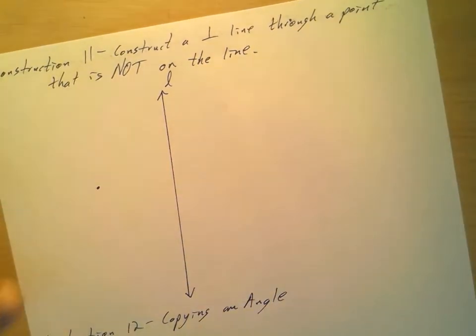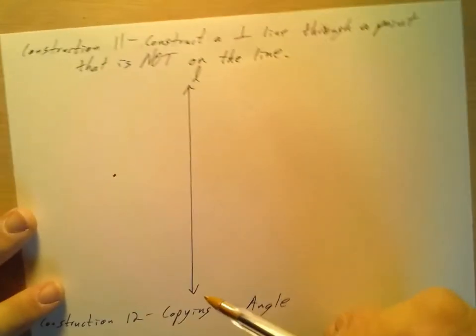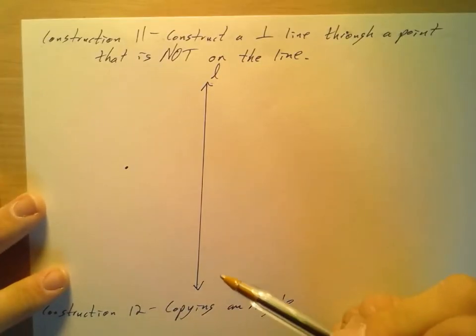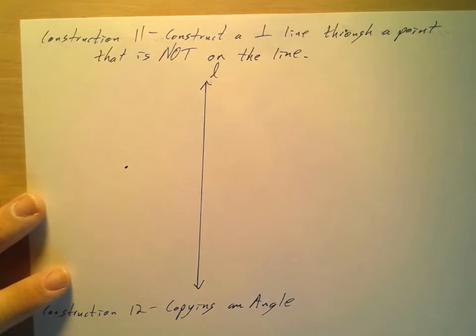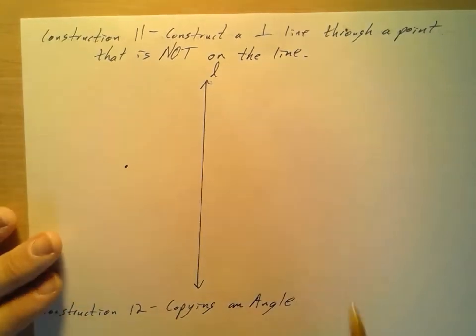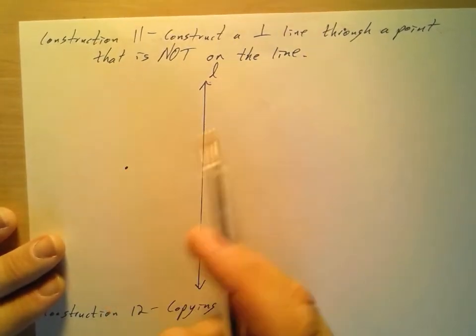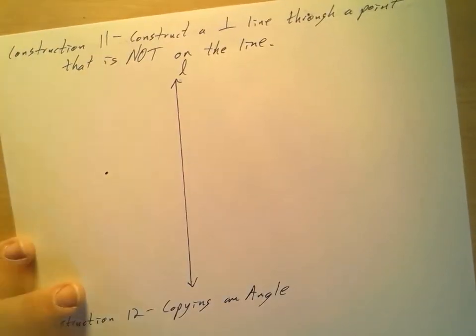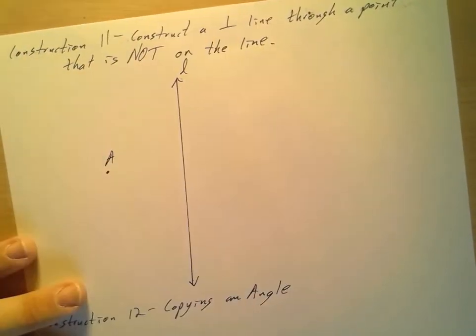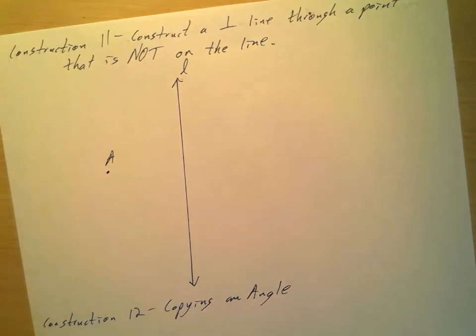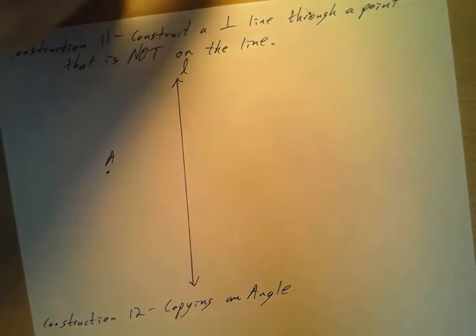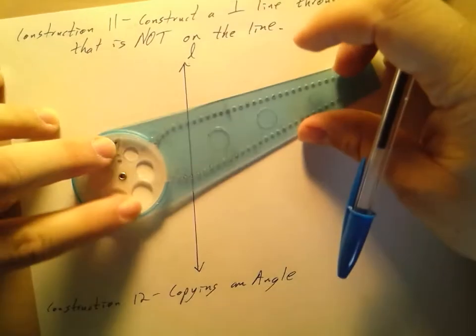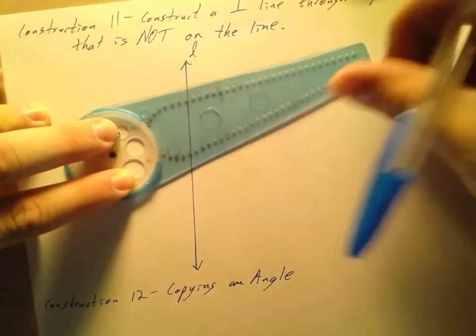And before that, that's how we bisected a segment. So if we can take it from being a line that continues indefinitely in both directions to being a segment, then we're going to have a lot easier time doing it. But the endpoints of that segment have to be what we say is equidistant from this point out here, which we call A. Well, the only way to do that is to make sure that they are on the same arc with center A. So I'm going to come in, and the first step we have actually says it needs to intersect at